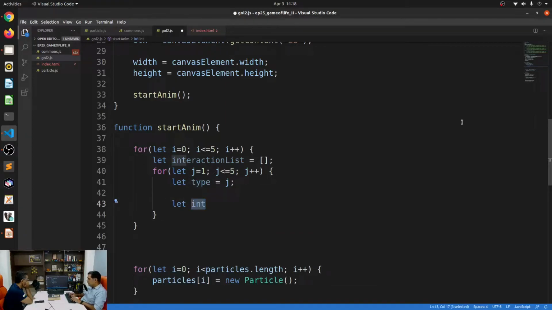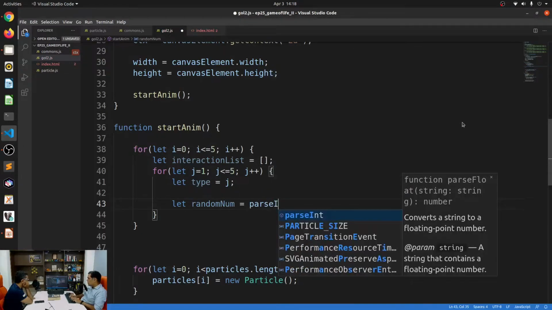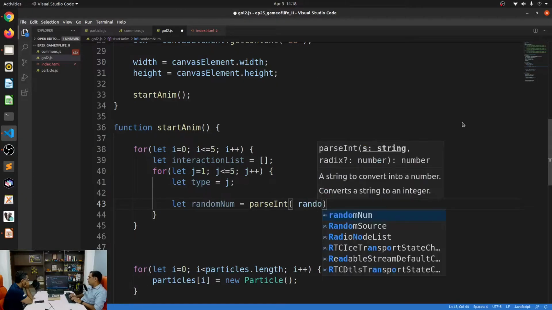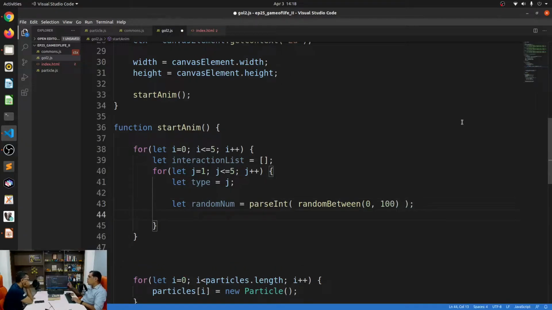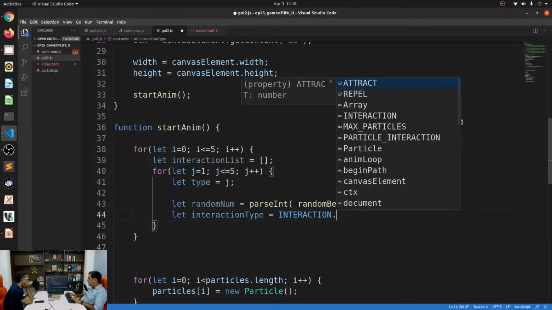Okay, so we'll say let random number is equal to parse int of a random between, let's say, 0 and 100. I'm just taking a random number. Basically, I want to define the interaction type randomly. So I'll say let interaction type is equal to interaction dot attract.